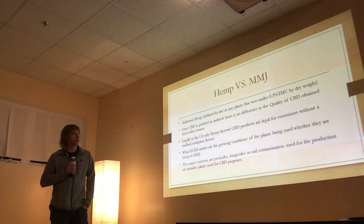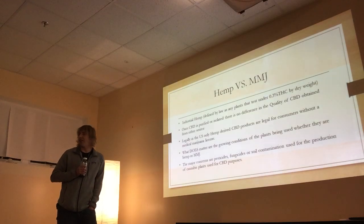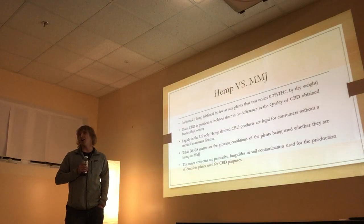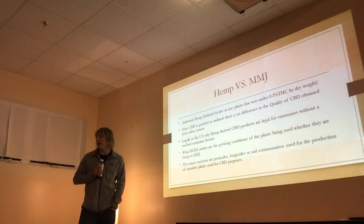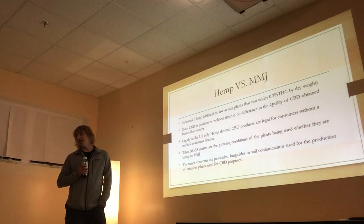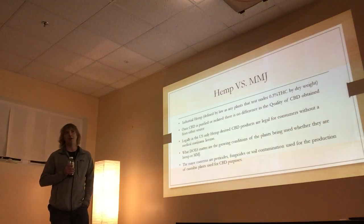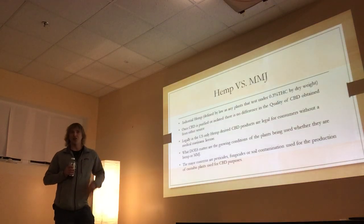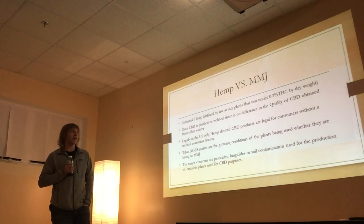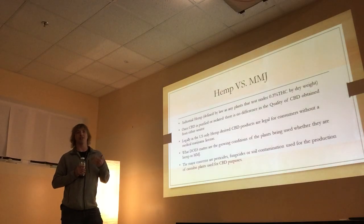So industrial hemp-derived versus medical marijuana-derived CBD. Industrial hemp is defined by the law as any cannabis plant that tests under 0.3% THC by dry weight. And this is confusing for a lot of people because cannabis really botanically is cannabis. Hemp and medical marijuana are genetically the same. There's only one gene that's going to be driving the difference in CBD primary production versus THC